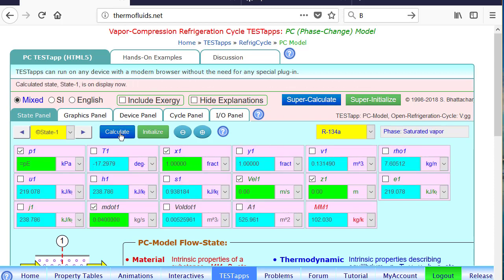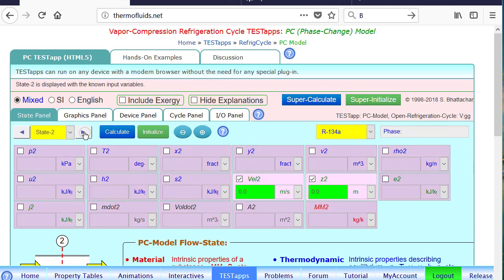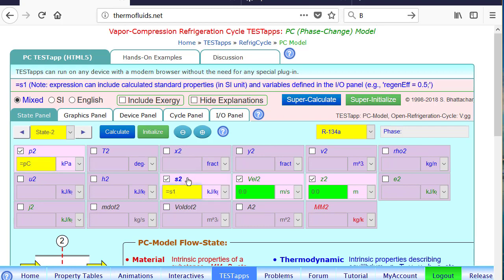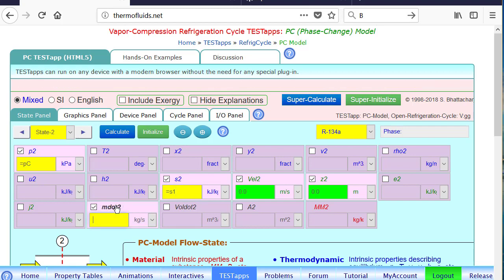So that is our state 1. At the compressor exit, the pressure must be raised to the condenser pressure isentropically, therefore S2 equals S1,